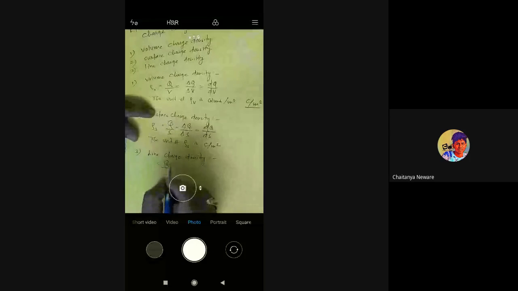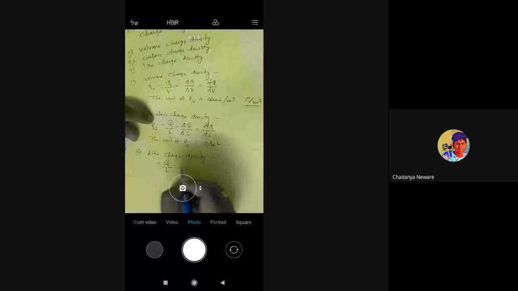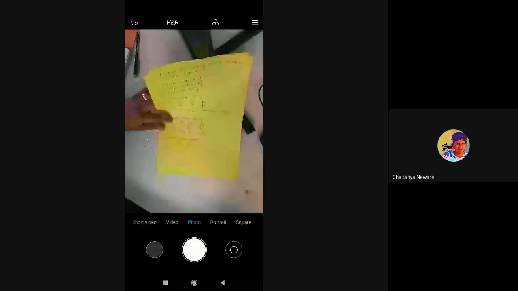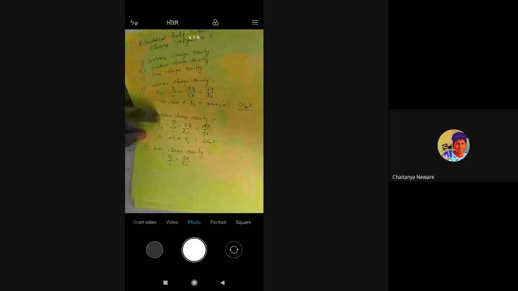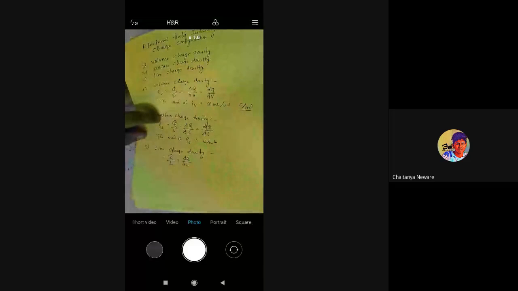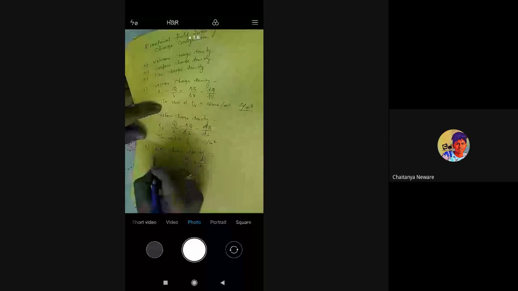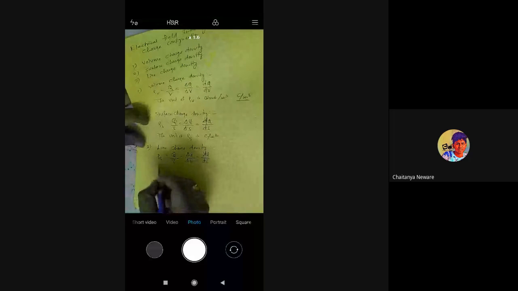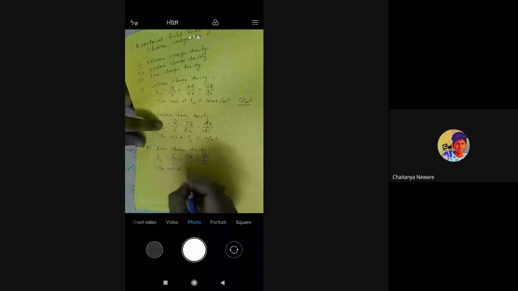divided by total length of the region, or incremental charge to the incremental length of the region, or differential charge to the differential length of the region, and it is represented as rho L. Okay, and the unit of line charge density is coulomb per